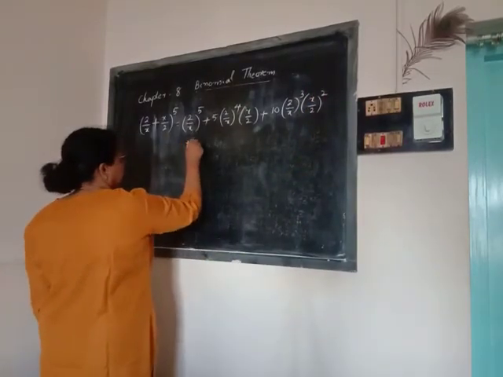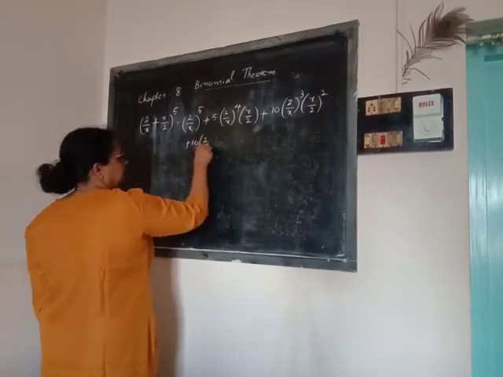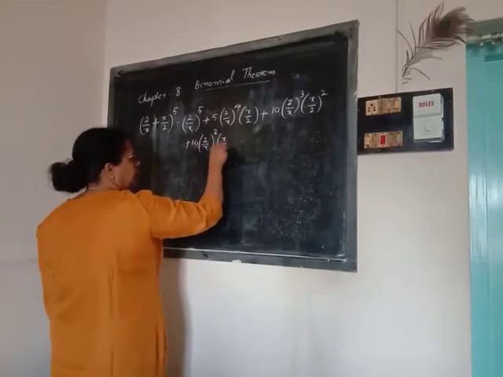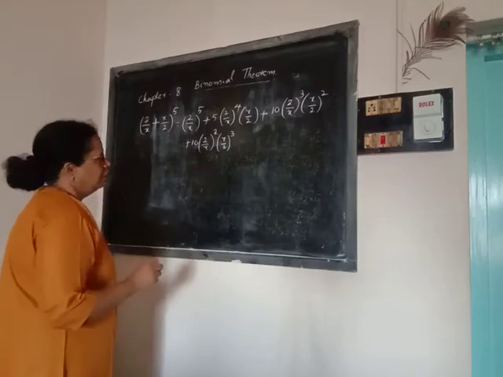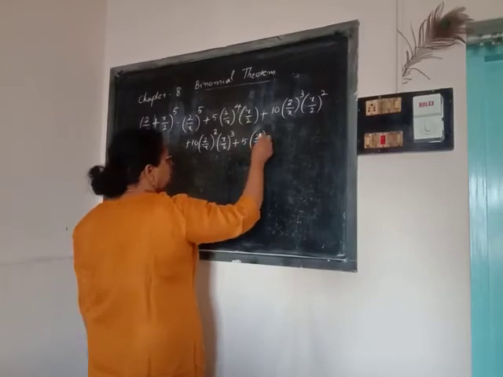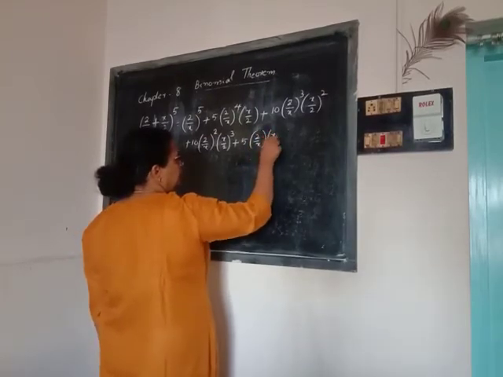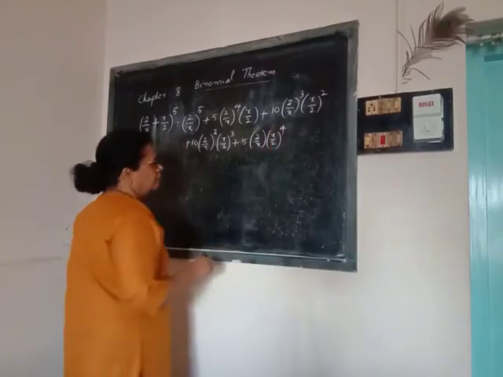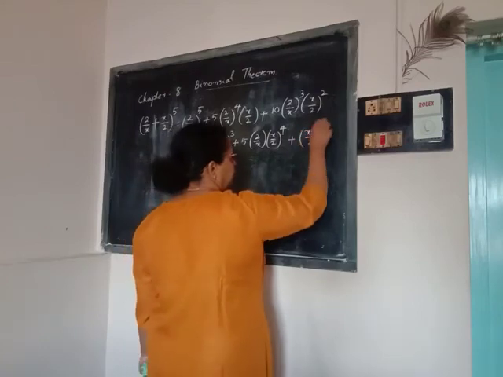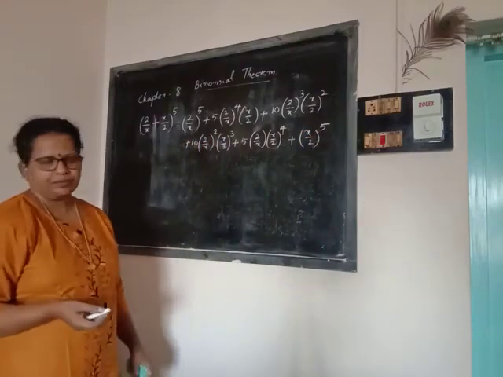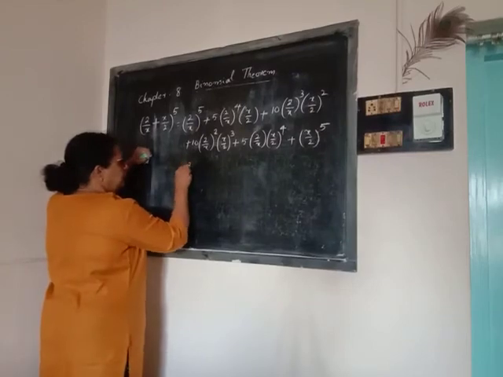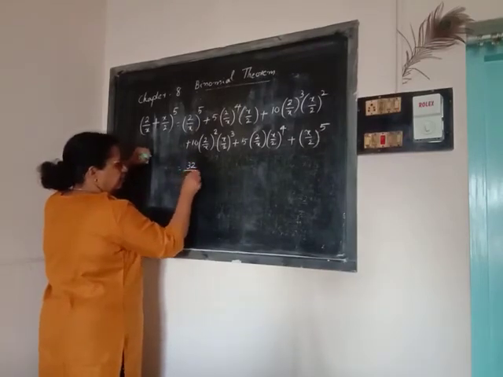Plus 10, 2 by x whole raised to 2, into x by 2 cube, plus 5 times 2 by x whole raised to 1 into x by 2 whole raised to 4, plus the last term, x by 2 whole raised to 5. Now we have to simplify. 2 raised to 5 is 32. So 32 by x raised to 5, plus